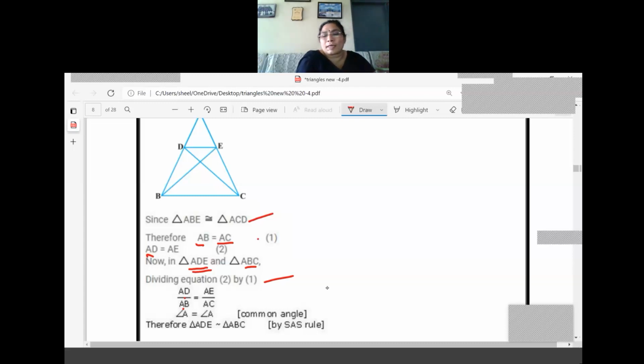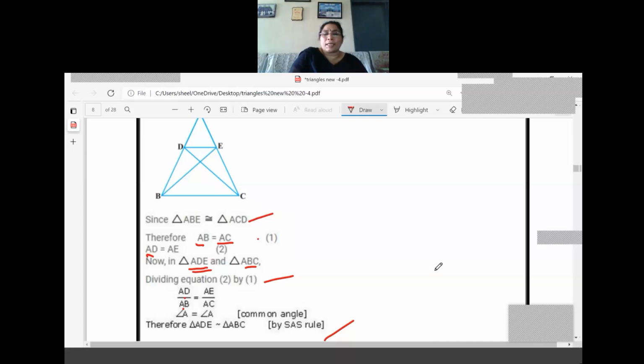Now what is the common angle there? Angle A is common. So which is the criteria there? SAS criteria. In SAS criteria, we got two sides ratio and one included angle. So what is the conclusion we are making? It is the SAS rule. They are similar. So the congruency property is there. You can go for common angle, which means nothing is required from the congruency. Where it is required is side ratios. So all the three sides are equal only, correspondences are there. So according to the need, we have to go for AD which is coming, AB which is coming. Like that we have to take.